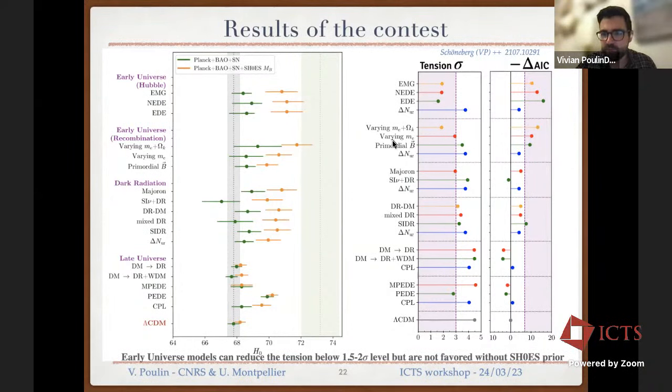The best models are those that change recombination in the early universe, and in particular playing, and this is a bit arbitrary, with the electron mass in this context, and there could potentially be other ways. Essentially what you want to do is to change the recombination rate. You want to accelerate recombination, and one way of doing this is to play with the electron mass, or models that play with, as I said, early dark energy.